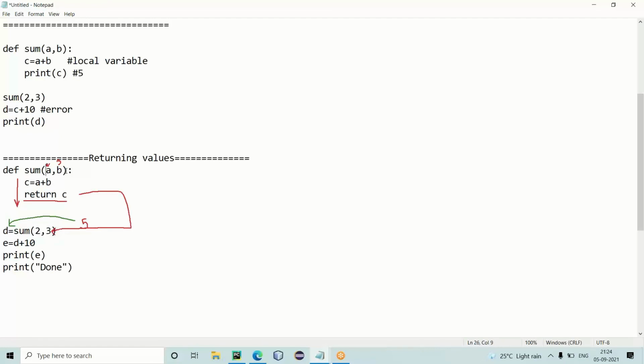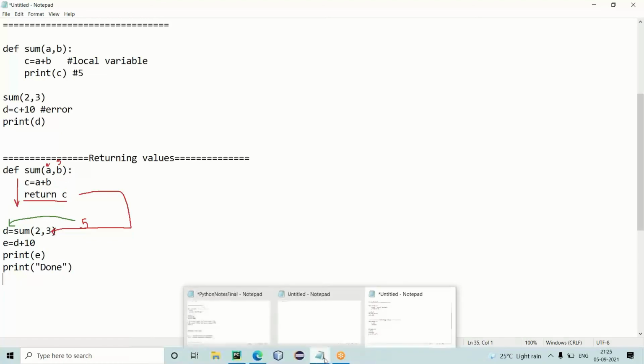So here the sum is called with 2, 3. 2 plus 3 is 5. Return C means the cursor will go back to the calling place with the value 5. To hold this 5, you are taking a variable D. So D plus 10, that is 5 plus 10, 15. Earlier you were unable to use that 5, but now you can use it because it is in a global variable. Correct? So this is the advantage of returning.